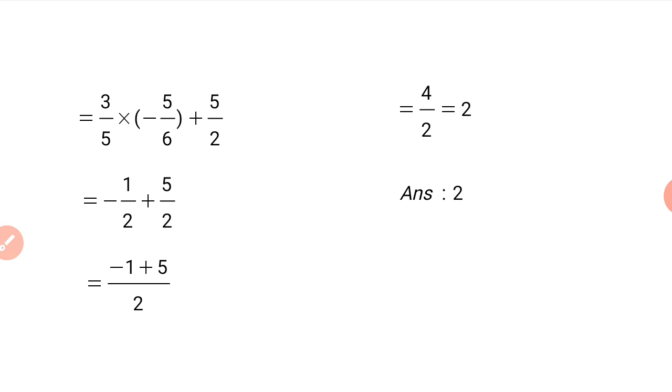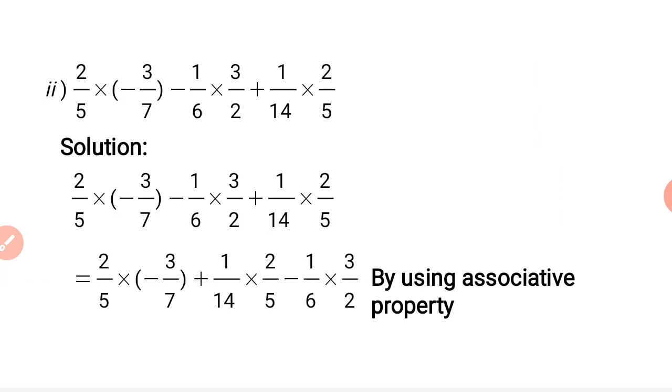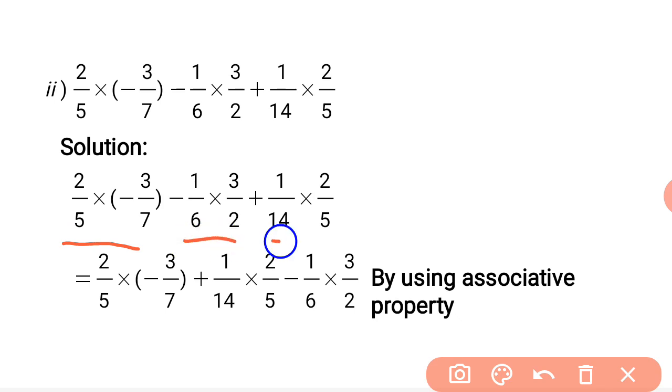So children, two properties have been used. First is associative property. The second one that was used is distributive property. Let's move to the next question to understand the concept much better. Again, here you have the question flashed on your screen. How many terms? So children, there are 1, 2 and 3 terms.